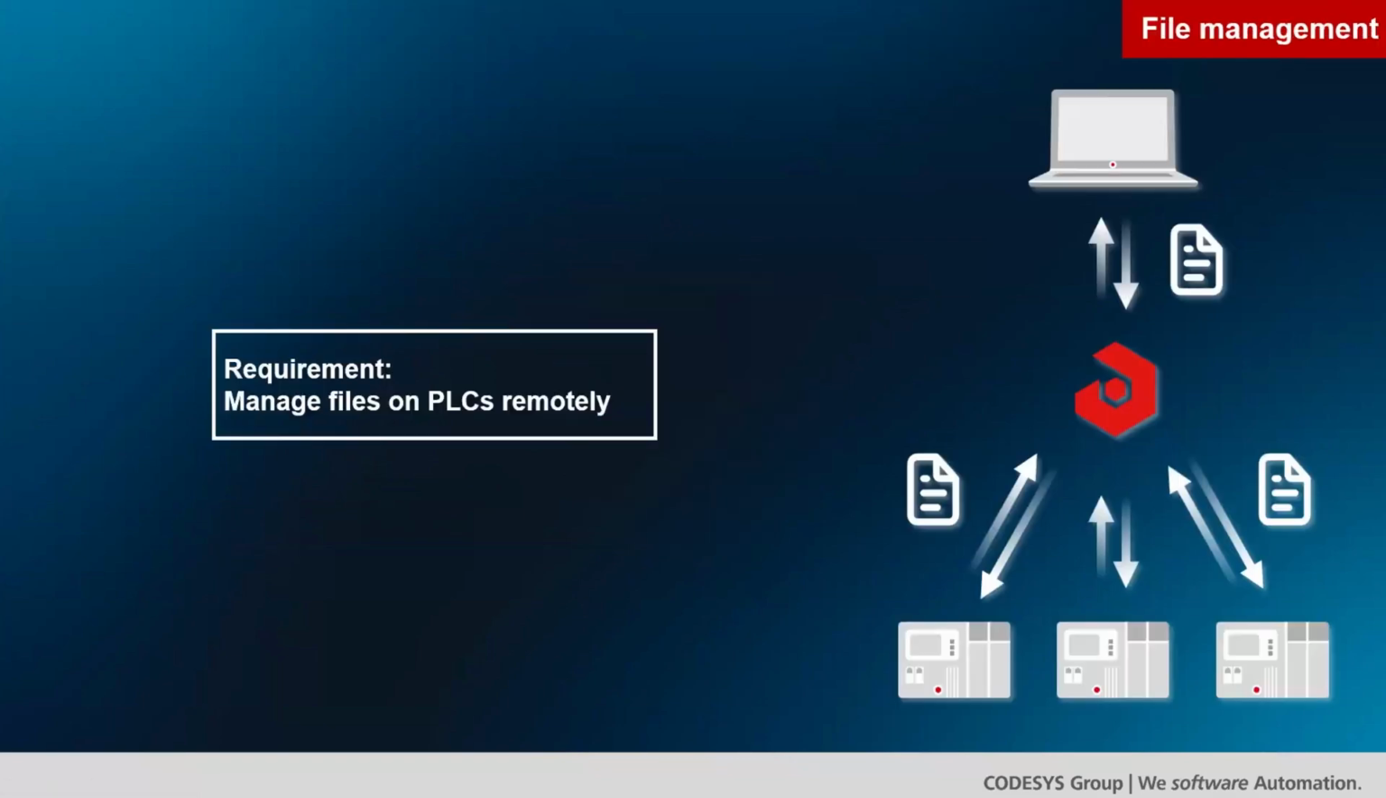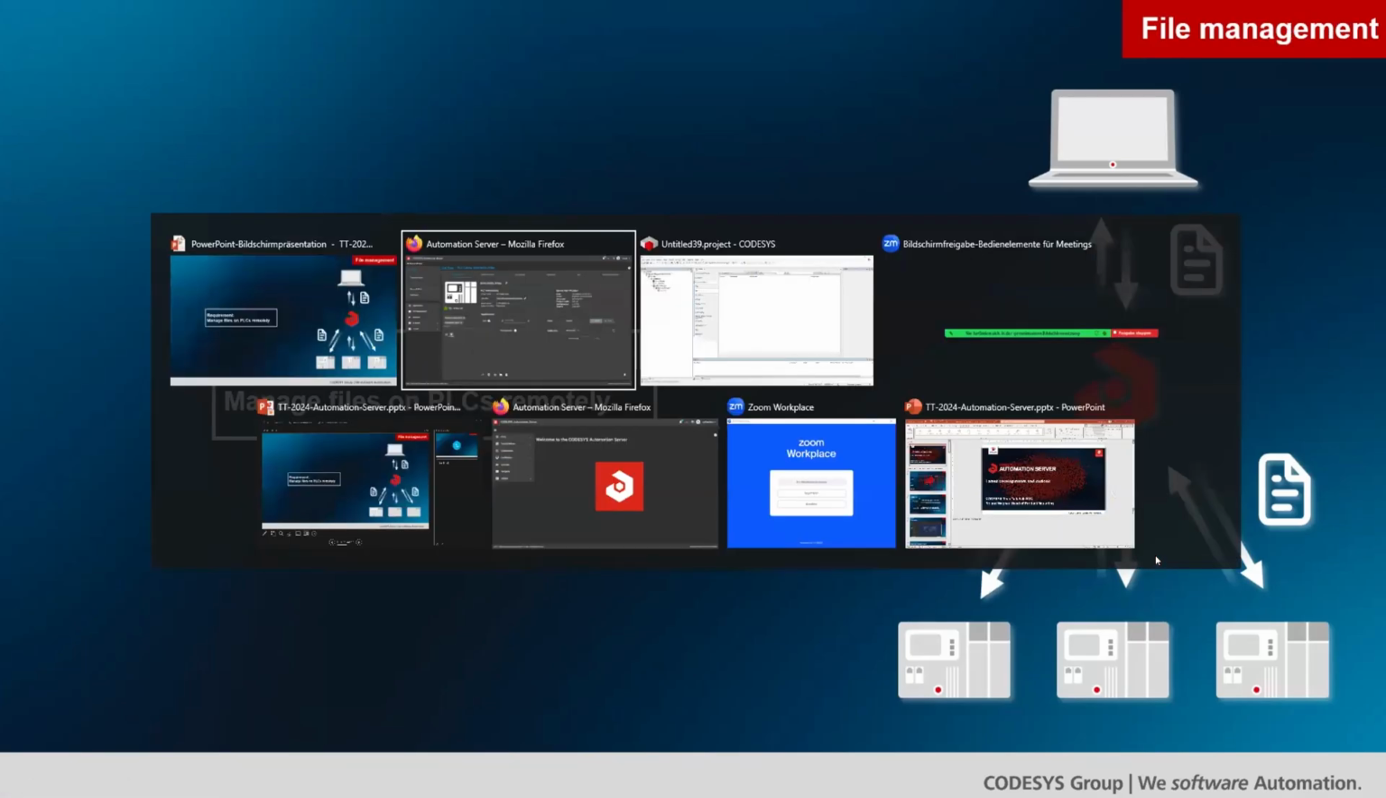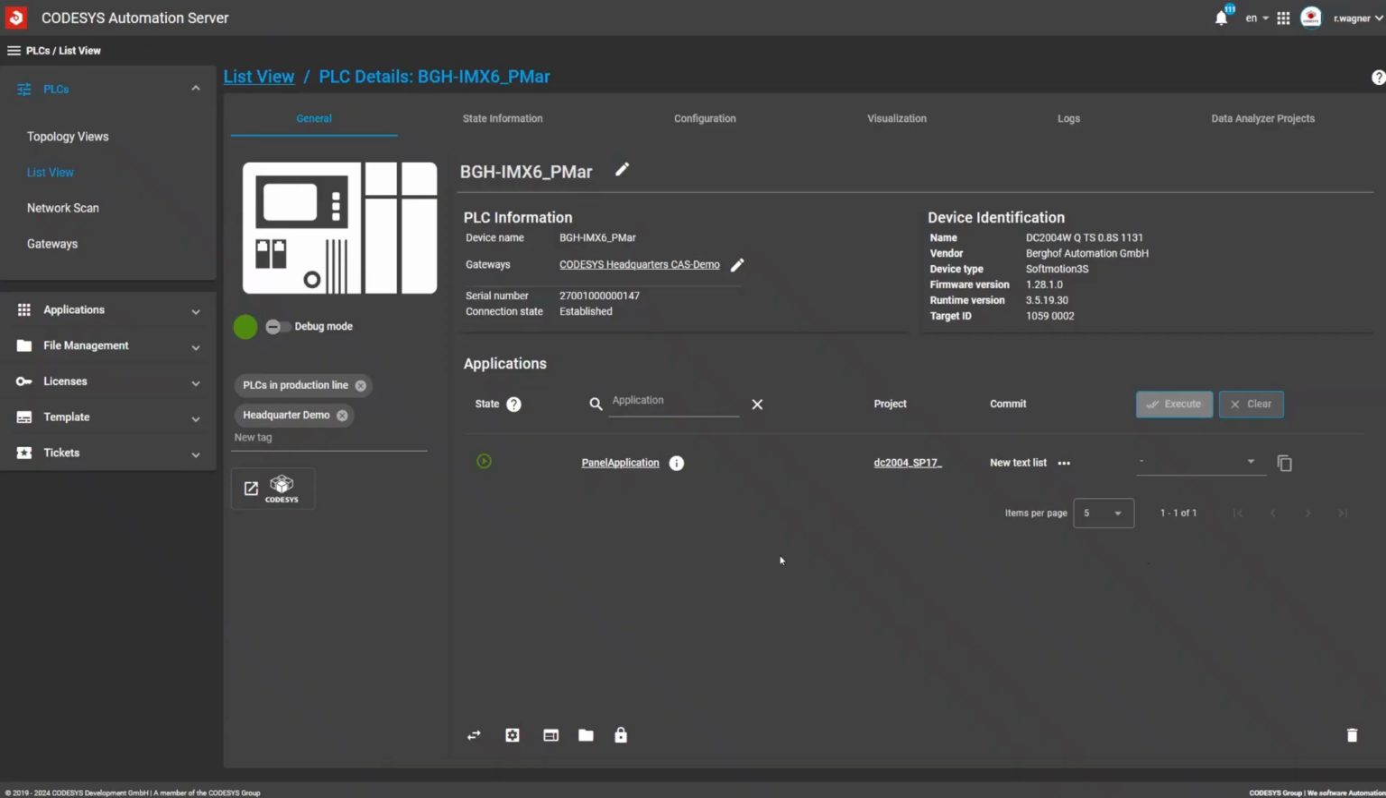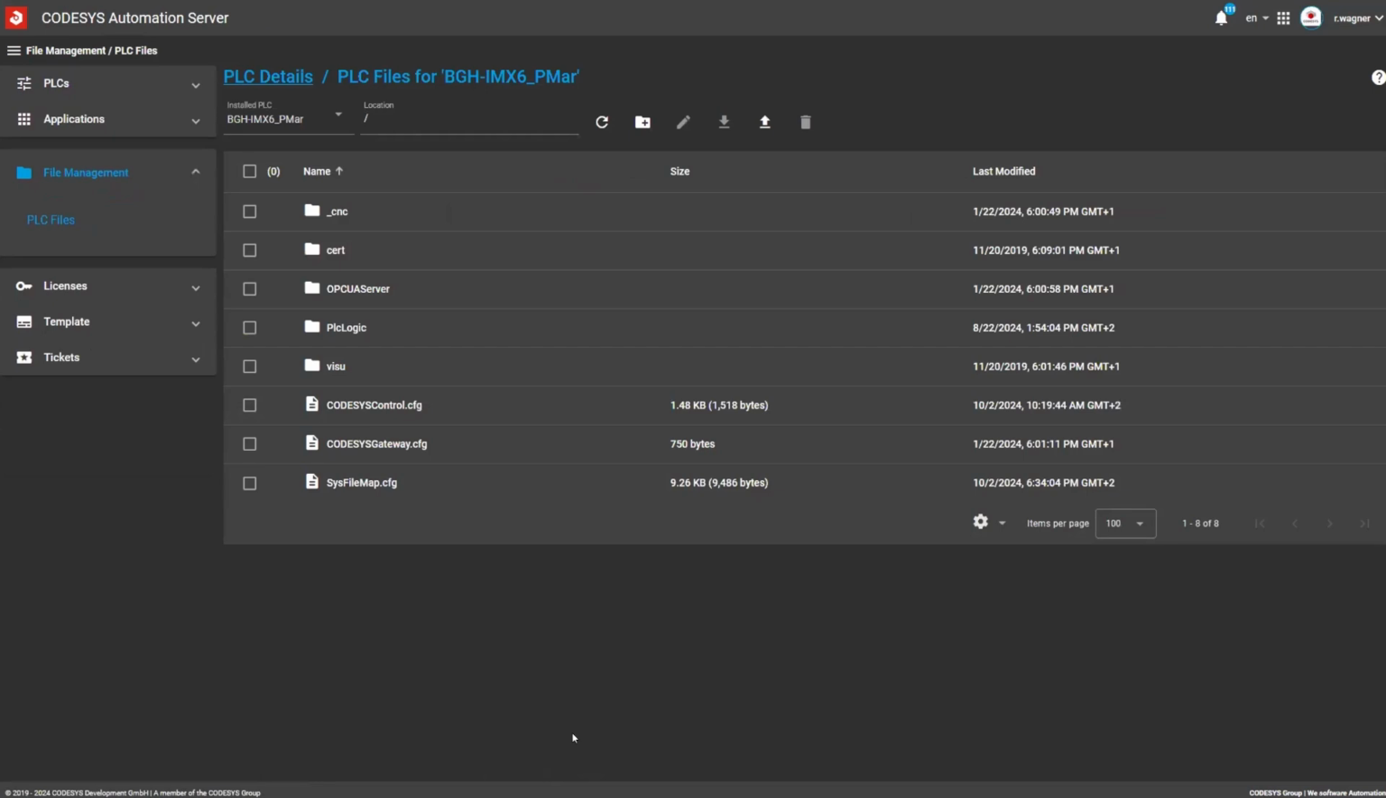Next topic. We may want to access files on the PLC remotely. And this is now as well possible, quite a new feature, with the file management. So you may have seen this icon here or that icon here. So I have different ways to access that feature. Let's stay with the device here. I can go now to the files of that device and see immediately what is running in the PLC part